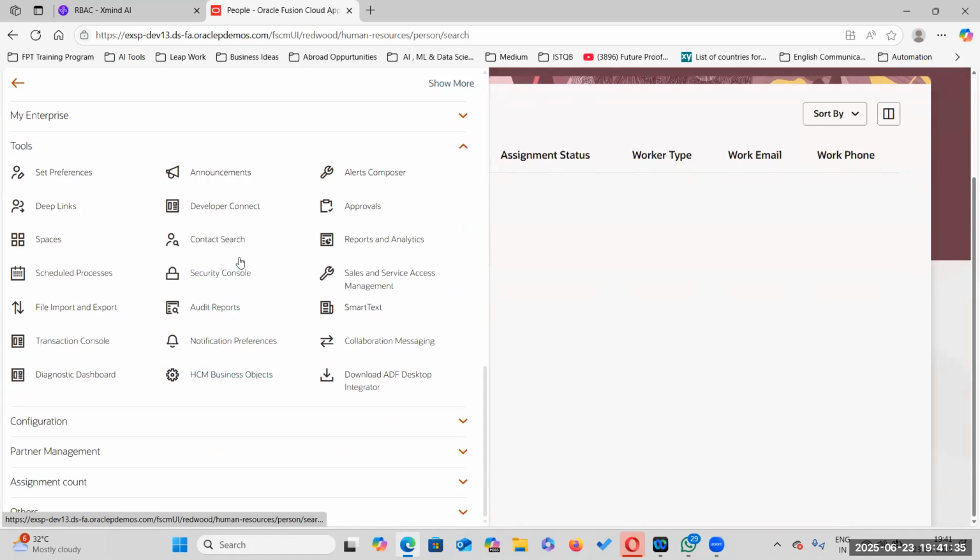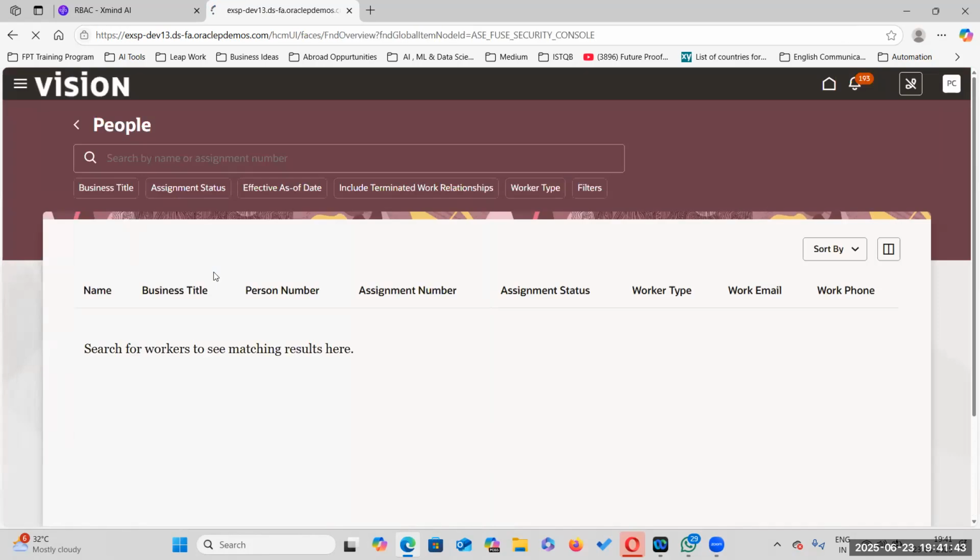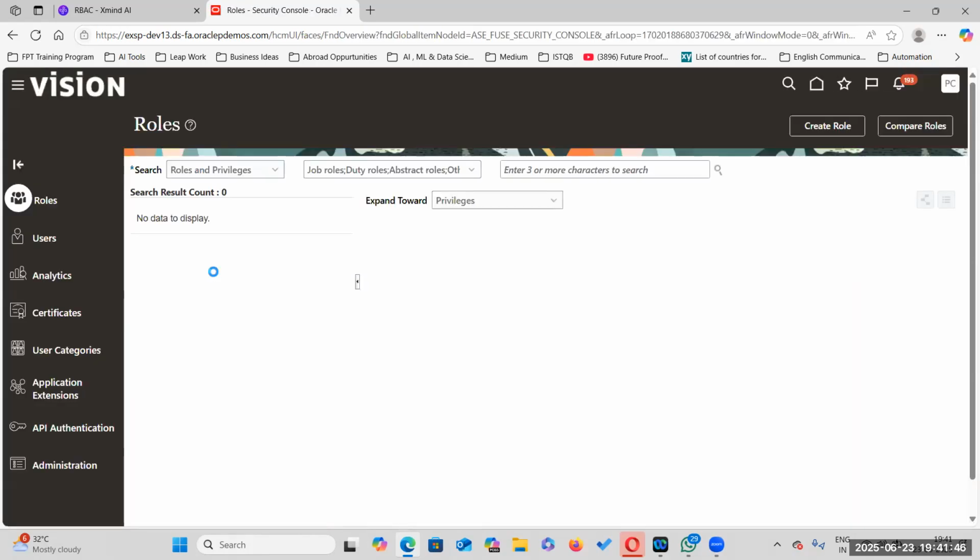Always remember, you have to give the least privilege access to anybody to fulfill his or her particular needs. This is the fundamental rule. What is the fundamental rule? Always give the least privileges to the employees who log into the application and want to perform actions. Least privileges means the actions you can do with the help of the role. Oracle has these roles and privileges. A group of privileges will form a role.